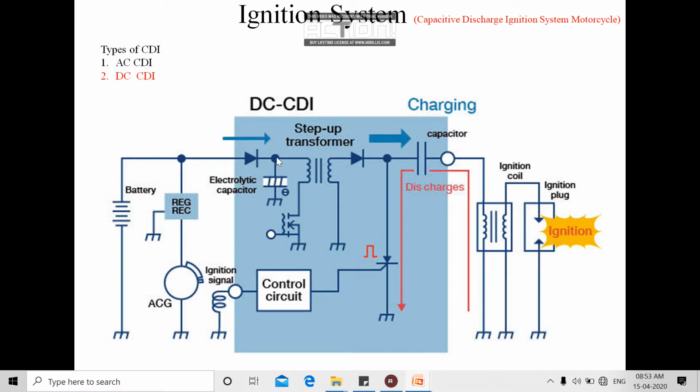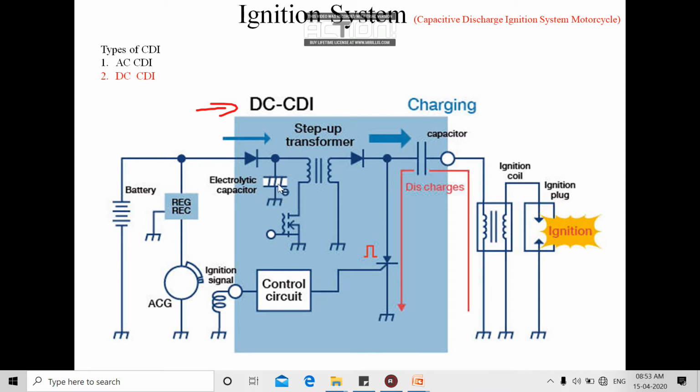Okay, it prevents the reverse or backward flow of current. So current always flows in this direction, as the arrow shows in the figure. After that, there is a step up transformer used here. Electrolytic capacitor is used. This electrolytic capacitor is